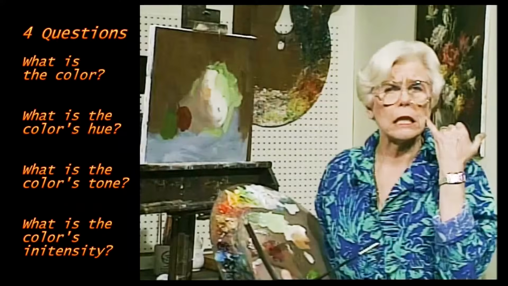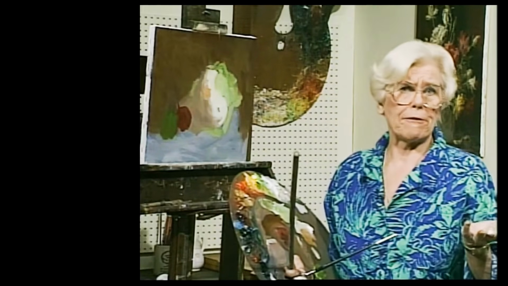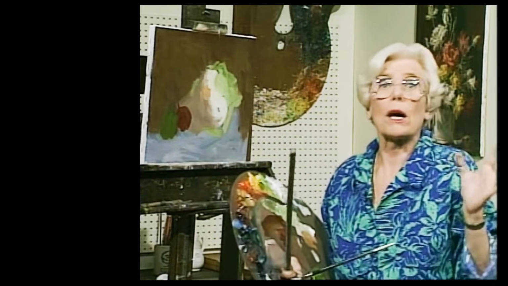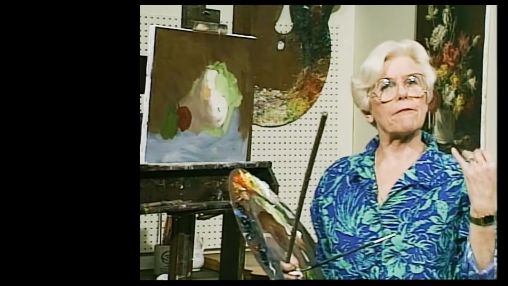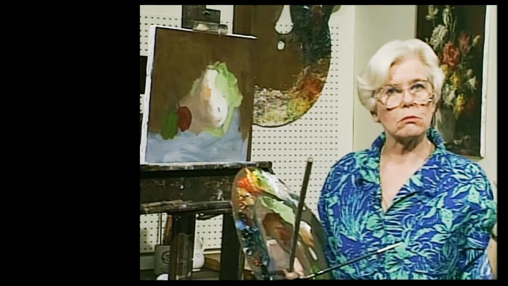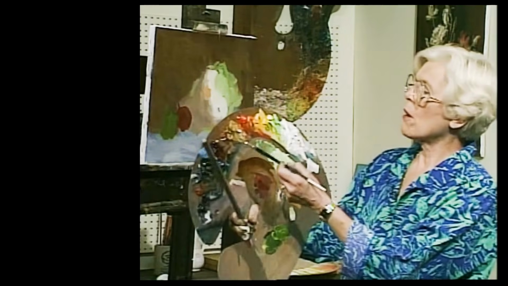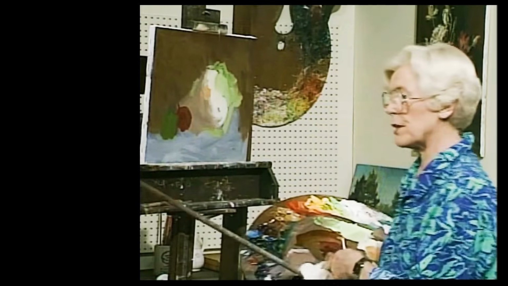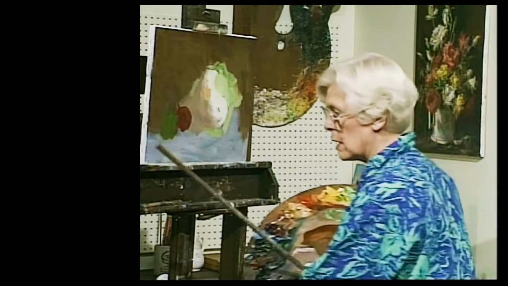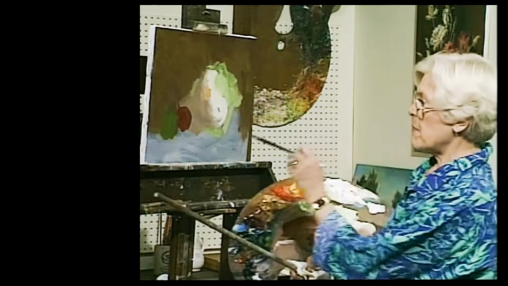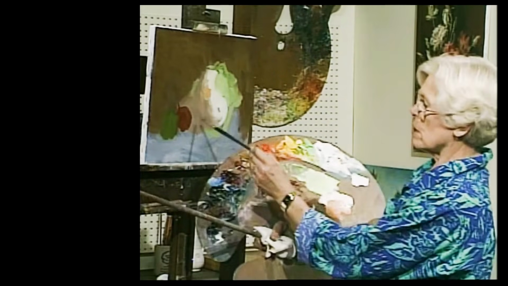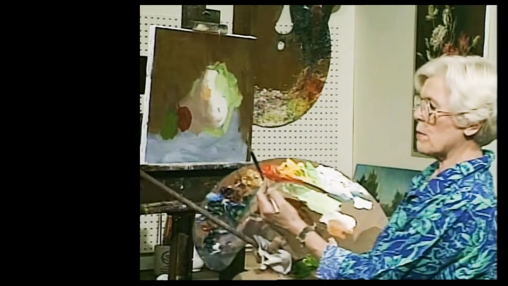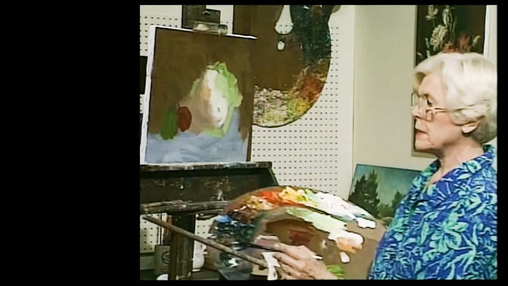What color is flesh? It's not flesh color. You can't really buy flesh color in a tube, although there is one, but it only applies to one person's flesh color. So you have to say flesh is orange. And then aim to some of the oranges on your palette to see if you can come close to that particular flesh color you're looking at. What about the lemon? The meat of the lemon is certainly a different color than the skin of the lemon. What makes it different? First, it's darker and it's duller.